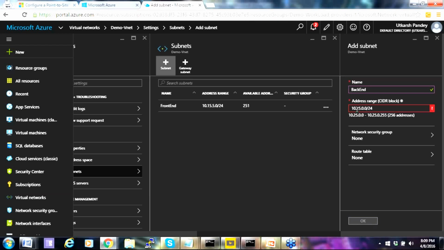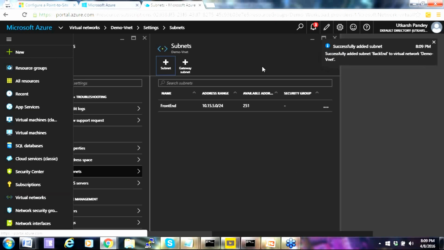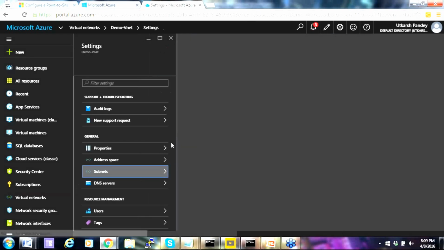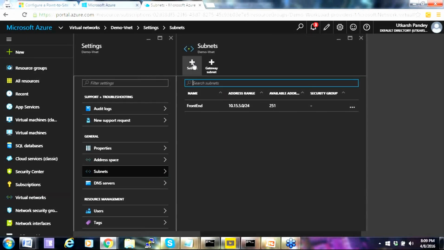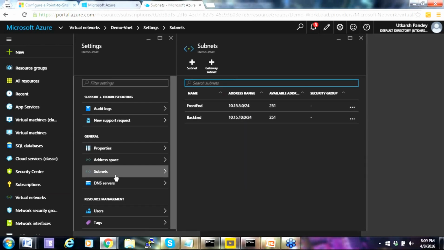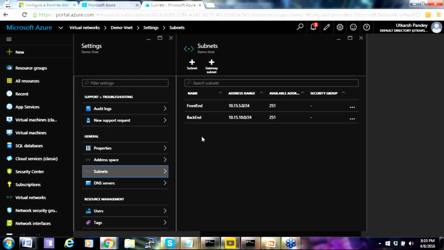Okay, that's not working. Okay, it's my fault actually. 10.15.10. Now it should take this. Okay, so now we have two subnets associated with this virtual network. One is the front end subnet, and another is the back end. I think we have to refresh. Okay, now it's come. So you can see there are two subnets. One starts with the 5.0 ranges, and the backend is in the 10.0